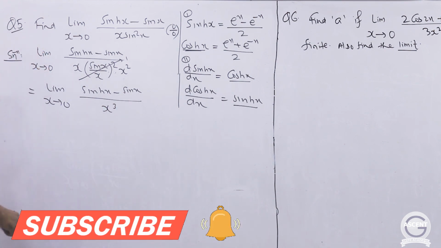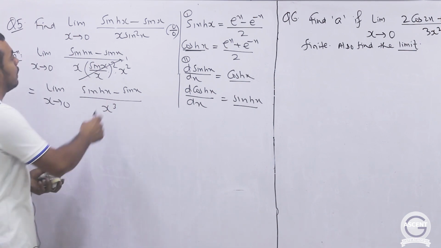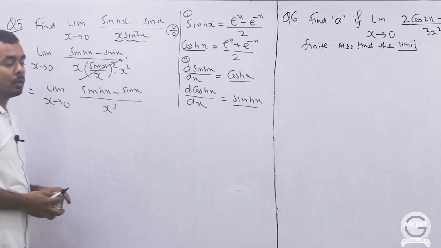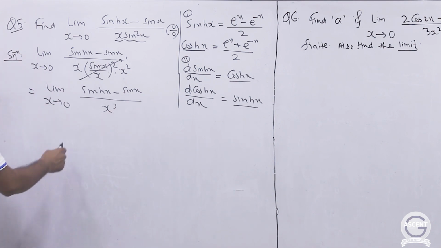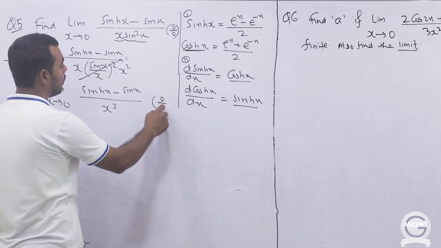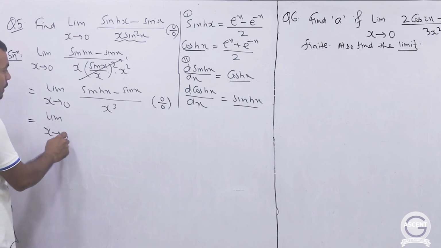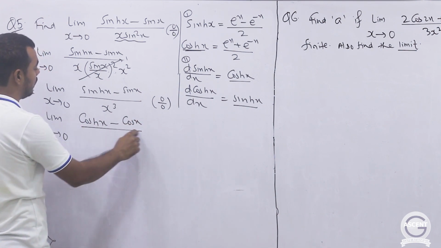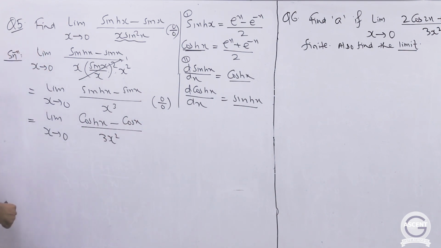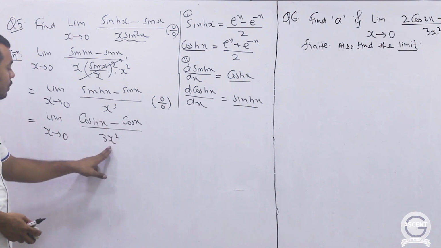Now you can see that you have the same problem, but now it is much easier to differentiate the denominator compared to differentiating this function. Okay, and you will see how this will greatly reduce your calculation. So again we have 0 by 0 indeterminate form. Apply L'Hopital's rule, differentiate the numerator and denominator separately. Derivative of numerator will be hyperbolic cosine minus cosine, by 3x squared. Now as you can see, this is again giving us 0 by 0 indeterminate form: cos 0 is 1, here also you will get 1, 1 minus 1 is 0 by 0.